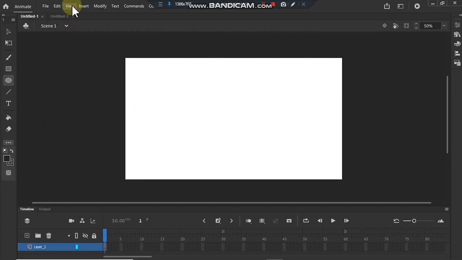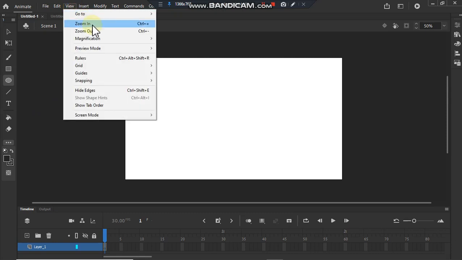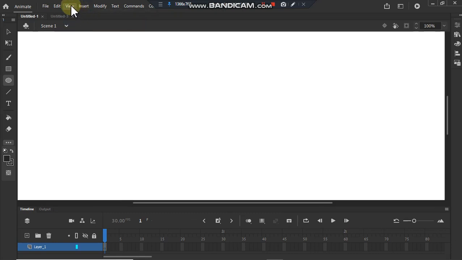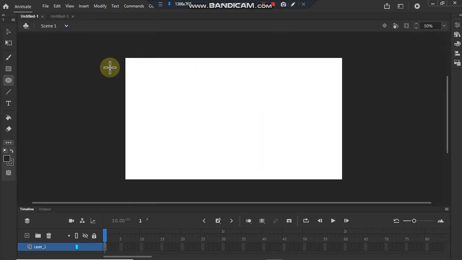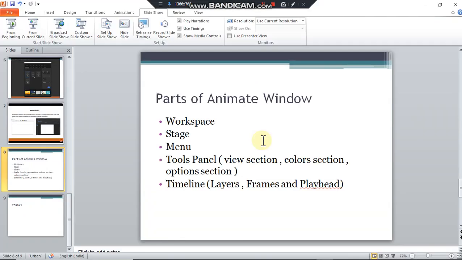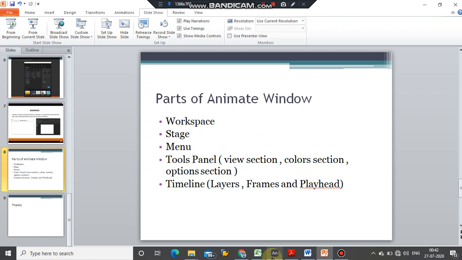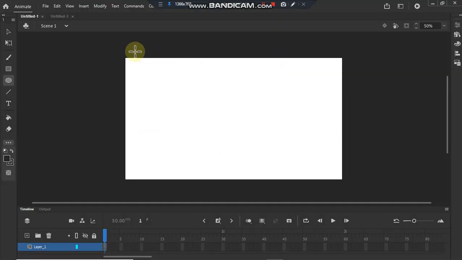I'm going to show you how to modify the view of the stage. Click on view, click on zoom in, and to go to the standard size, click on zoom out. That's how it is done. Next topic is your menu. In the Animate CC window, these items constitute the menu.